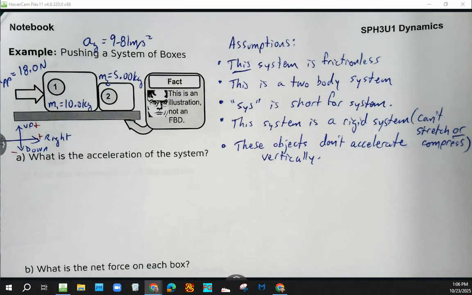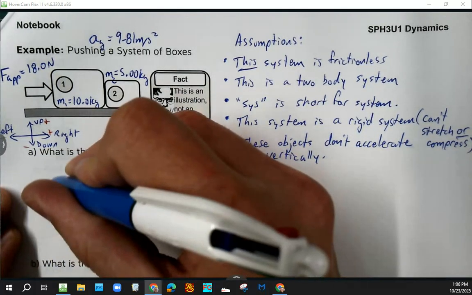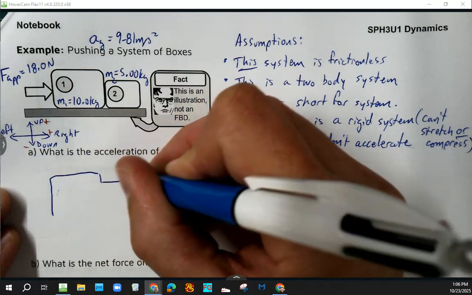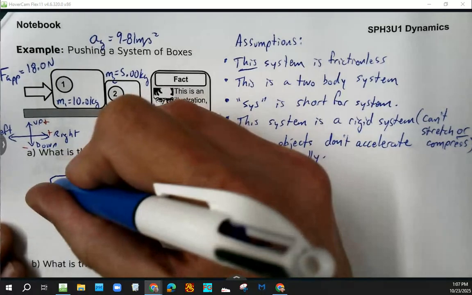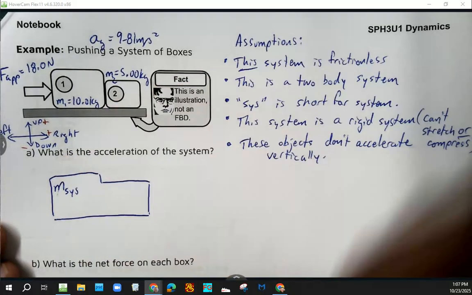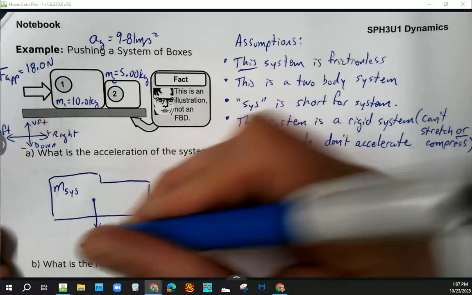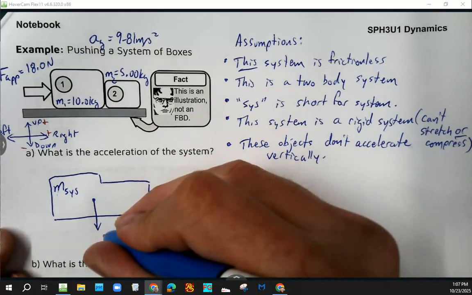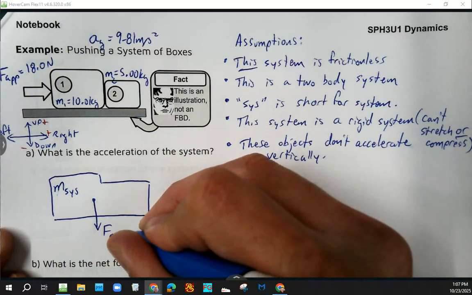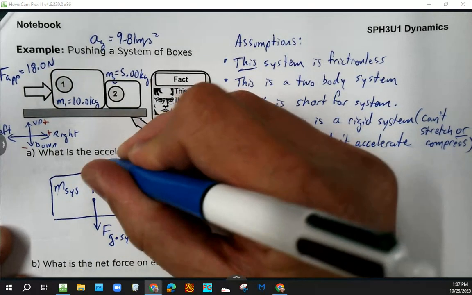Now the first question is, what's the acceleration of the system? And if I want to have an acceleration for the system, it seems sensible that I might want to draw the whole system. So here's the system. I'll call it M sys. That's both boxes whacked together as one object, because they're going to be together. And sys is short for system. Okay? So when I talk about force due to gravity acting on the system downwards, and I talk about force normal acting on the system,